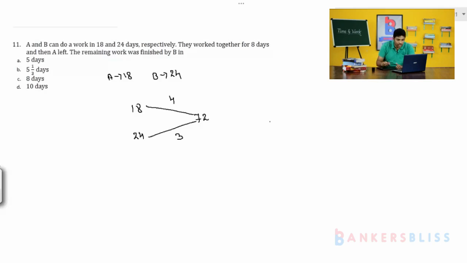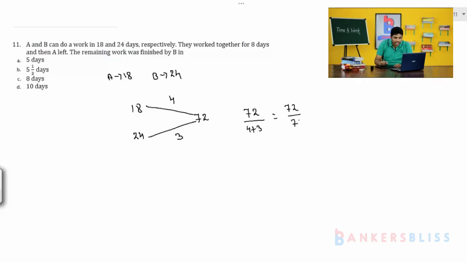So 24 into 3 and 18 into 4. If both of them work together, then 72 by 4 plus 3, that is 72 by 7. Totally, they take 72 by 7 days to do the task. But they are working together only for 8 days. This 72 by 7 is the total number of days they take to do the complete task. Means per day